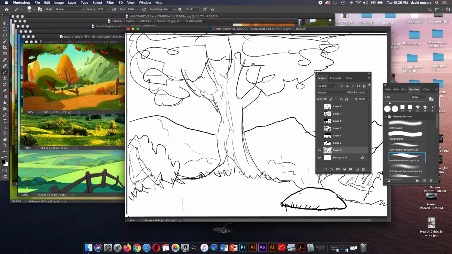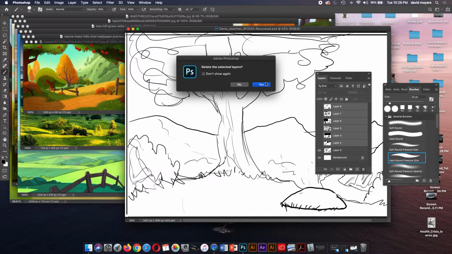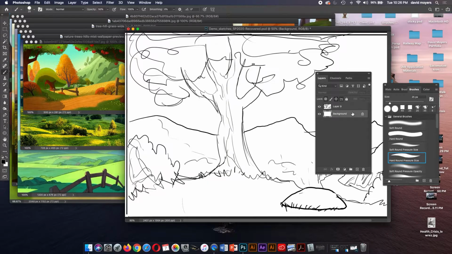Now what I would do is, this was cropped, as you can see. I'm going to get rid of all the layers I don't need, all these other drawings I've done. I'm going to make a new layer. I'll keep the background layer for a moment because we might use that for sky. But what we're going to be doing is lassoing. It's faster,